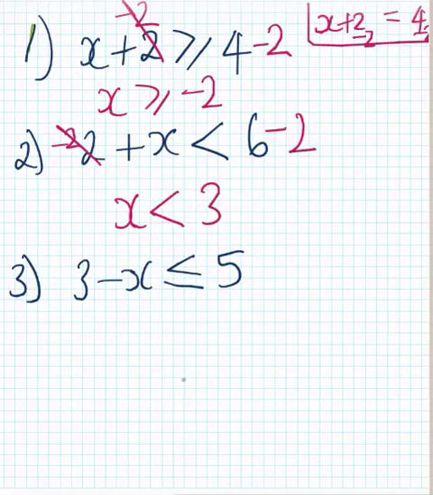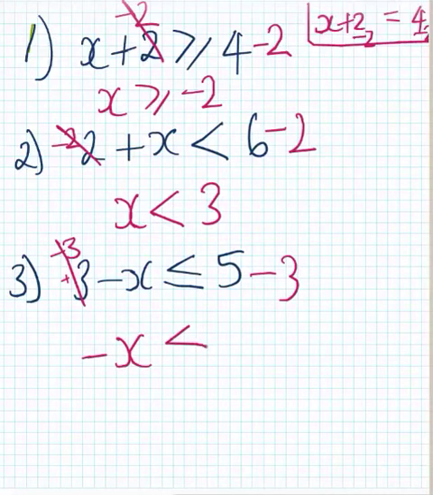All right, question 3. Now, I can see that with question 3, we will be switching the inequality sign. If you notice this negative here, how it's next to the x, so it's saying negative x. Whenever you see that, it's a hint that you'll have to swap this sign. So keep that in mind. Now, to solve for x, we need to get rid of the 3. That's a positive 3. We know this negative belongs to the x. So the opposite of plus 3 is to minus 3 on this side, minus 3 on that side. This cancels out, and we're left with negative x is less than or equal to 5 take away 3